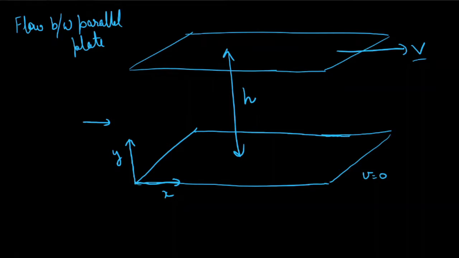So what I will do now is solve the momentum balance equation to find the velocity profile. And for that, the first thing after understanding this question is to define a coordinate system. In the x direction you have the upper plate moving, so we can imagine that fluid will also be moving in the same direction.